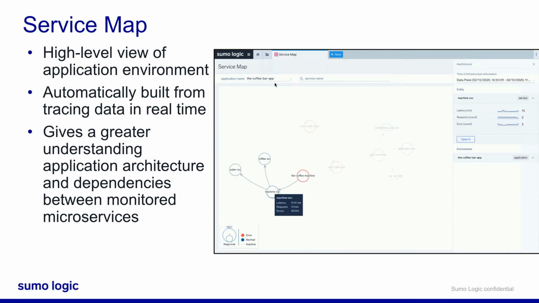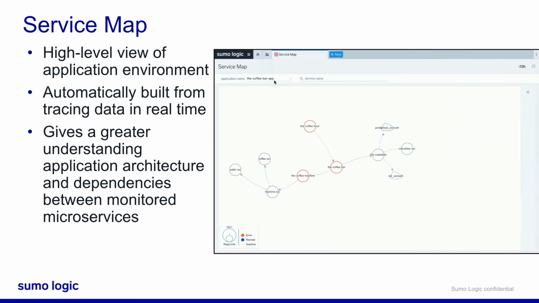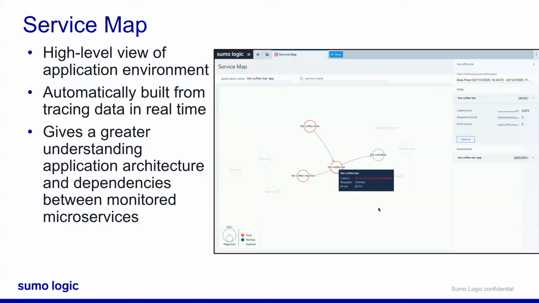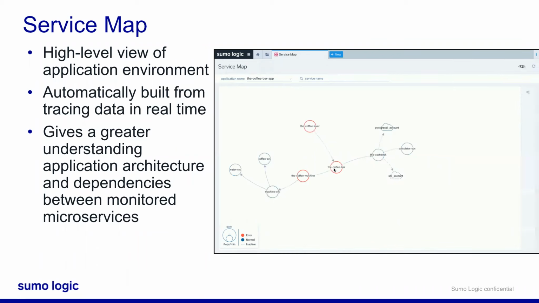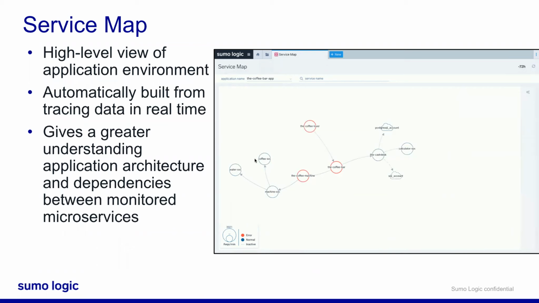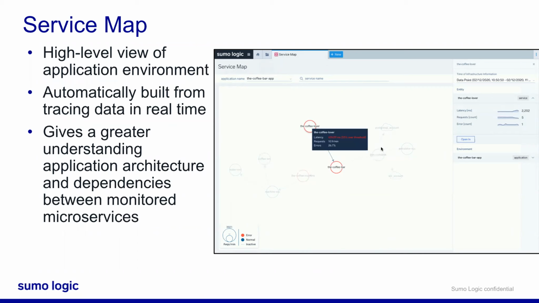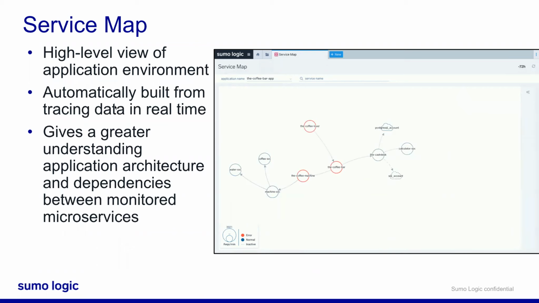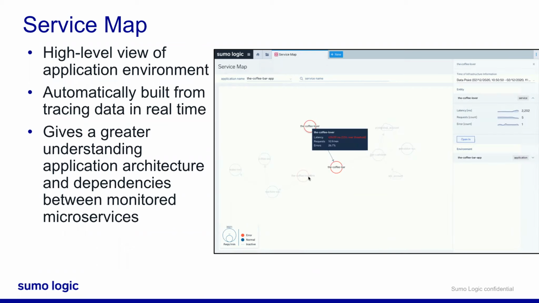So what we see here is the Coffee Bar app, which is the application that's used to order coffee. And we start to see those services as they're described. The image is moving, but we see the coffee bar, we see the coffee machine. The coffee machine is going to go to the machine service. We're then going to go to the water service and the coffee service for those two specific features of coffee. On the right-hand side here, we see the cash desk and the calculator service, that SQL account that I was referring to. This, as it says, is automatically built from tracing data in real time,